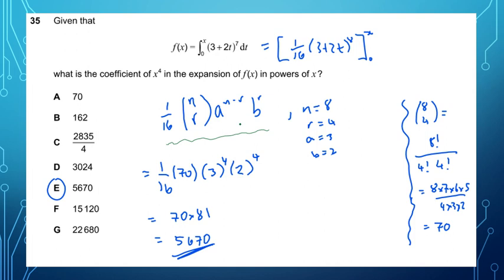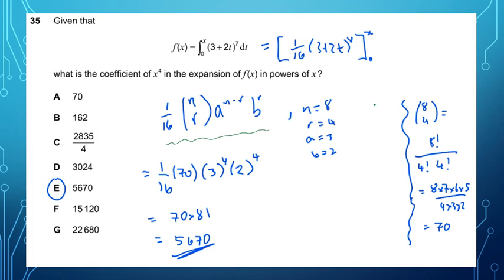So what do we put in this general form? Well, the power is 8, n is 8. r, well that's the power of b, or x, that we're after, which is going to be 4. And the first term is 3, and the second term is 2. I don't need to put 2x because we're after the coefficient, so there's no need to clutter it up with x's. So I can work those out, put that in, and the nCr, the 8C4, well,